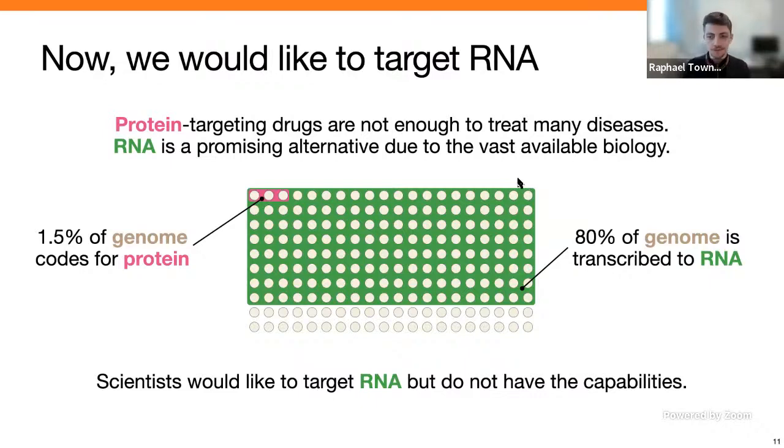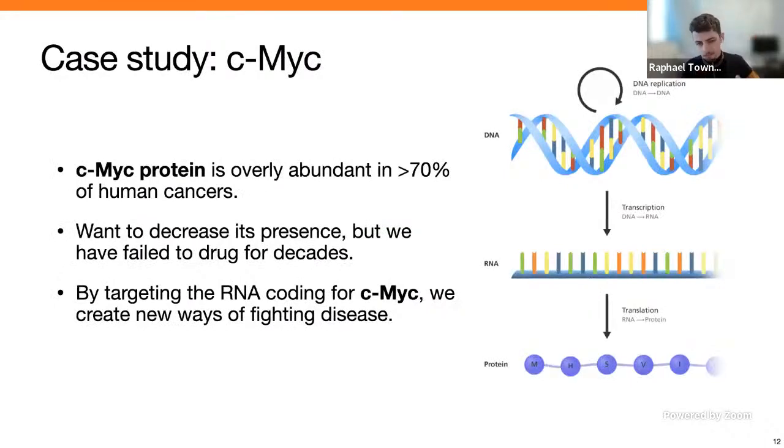And to list one very specific example to make this really concrete, there's this protein called c-Myc. The name doesn't really matter in this case, but fundamentally, there's too much of this protein in over 70% of human cancers. And people have been trying to drug this protein for decades. And if you remember your fundamental bio, DNA goes to RNA, goes to proteins. If you go one step earlier in the process, you're effectively increasing the attack surface and giving yourselves new ways of going after these diseases. Okay, so that's kind of the dream of RNA.